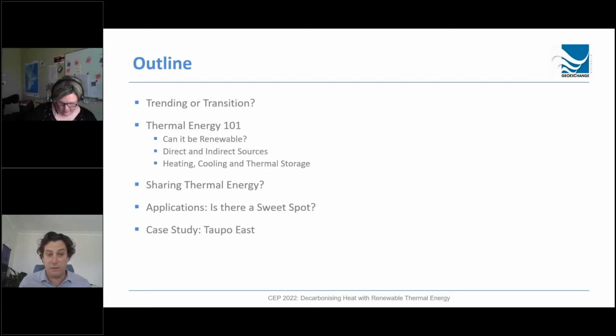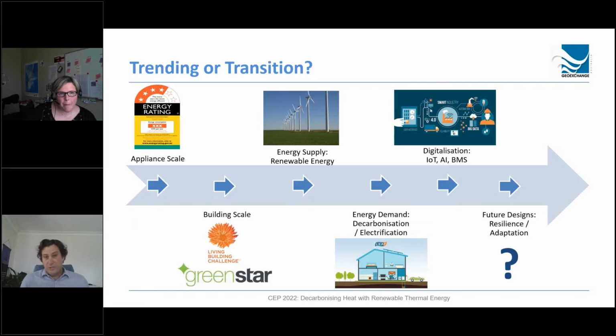We'll look at the context of sharing it, and then I'll look at some of the applications, is there a sweet spot? So I'll just quickly touch on that. And then quickly go through the Taupo East. We've got a couple of other case studies through the presentation. So trending or transition,